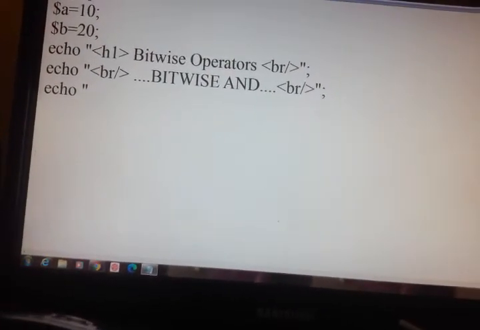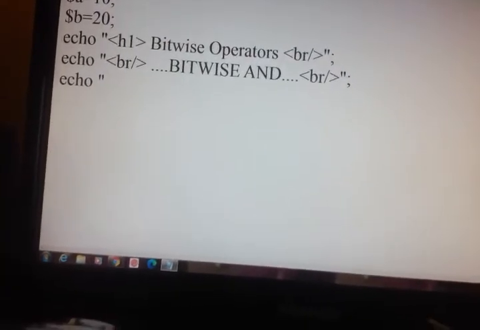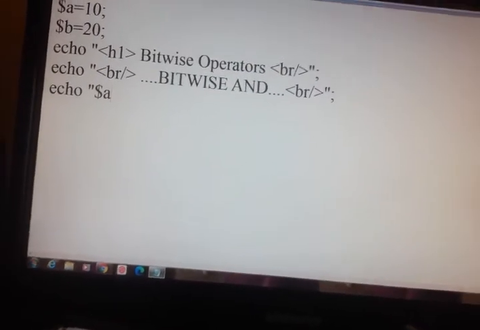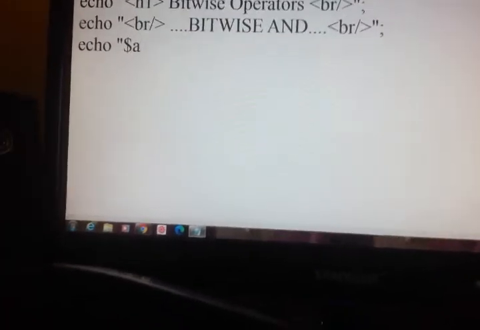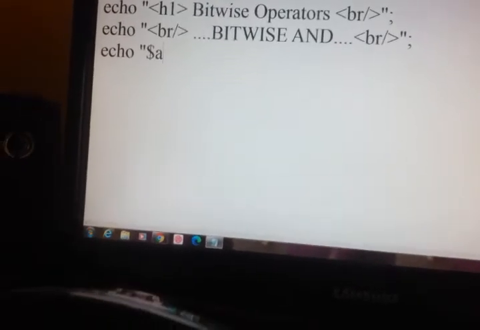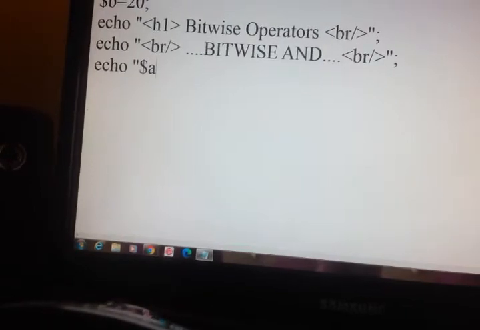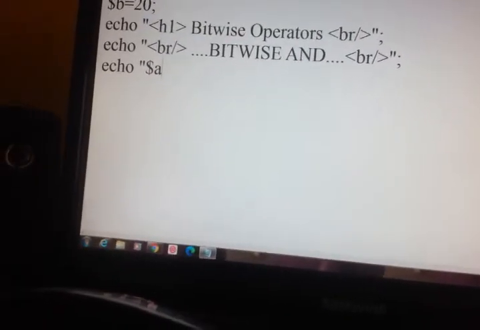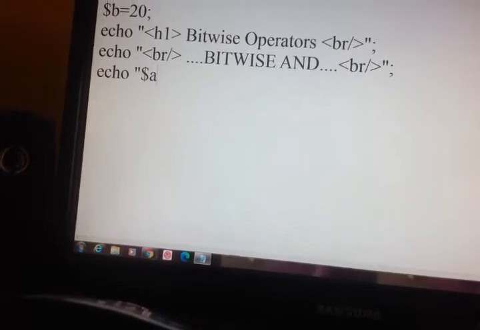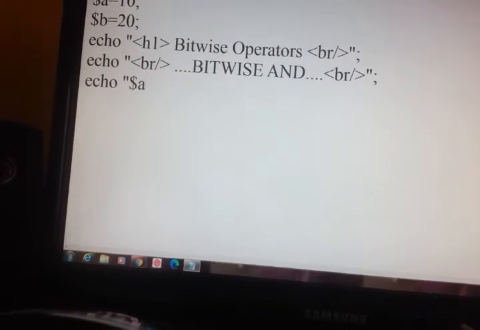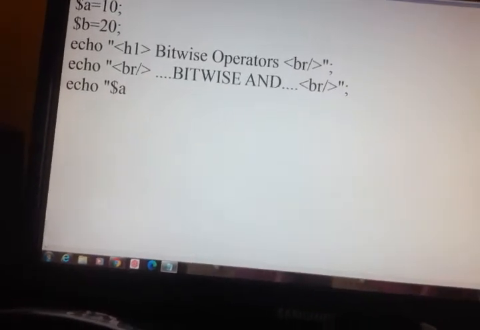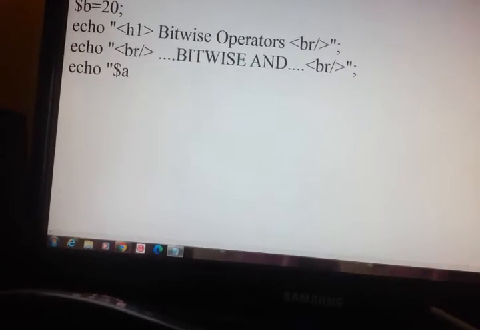In this, with $A, we directly can't use $A bitwise AND. Even if you use it, we'll get the result, but that will not be clear. So I will show you both the ways of how to use this logical AND and bitwise AND.